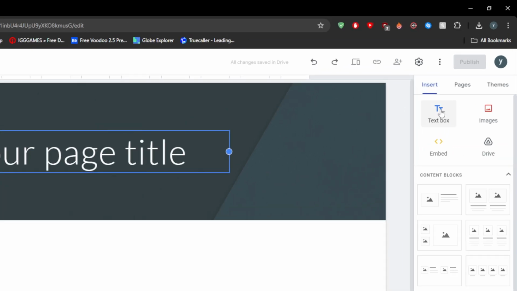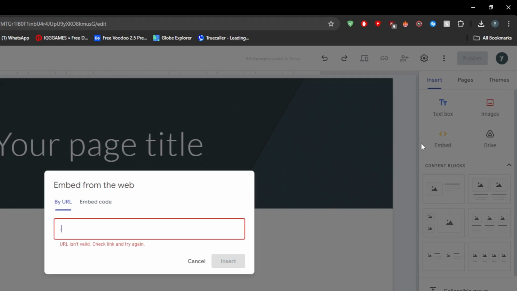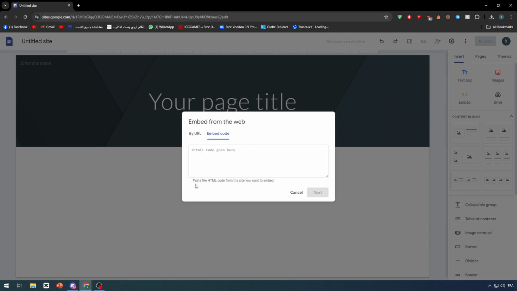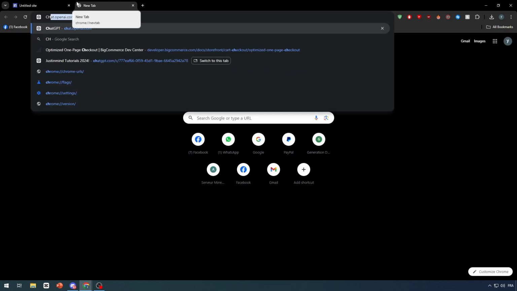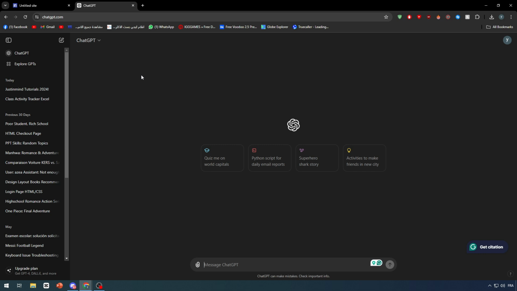So you will find insert, text box, images, drive, and embed. So click on embed, and here add an embed code. Now you have to add a specific code. So here, as you can see, paste the HTML code from the site you want to embed. So here what I'm going to do is go to ChatGPT, since I have no clue about coding,